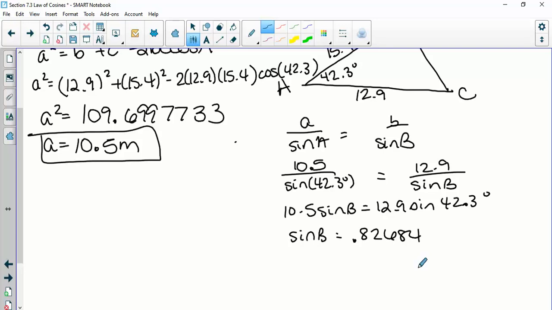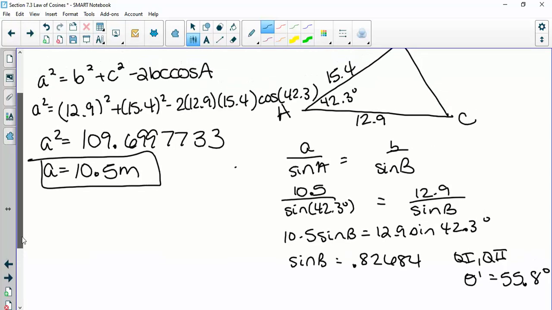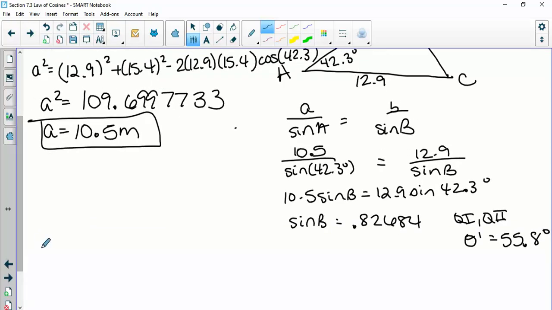Okay, so if we think about the fact this means we could have two triangles. Reference angle. If you use sine inverse, you get 55.8 degrees. Okay. So B could be 55.8 degrees,